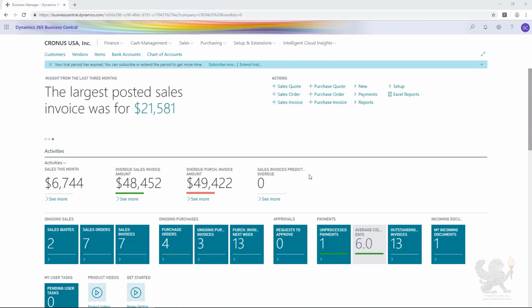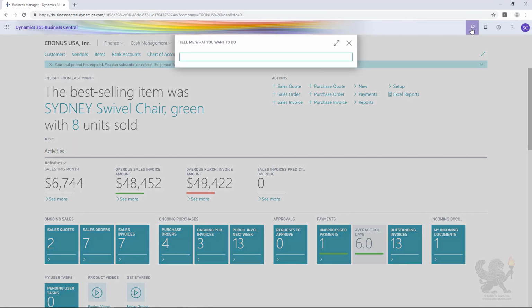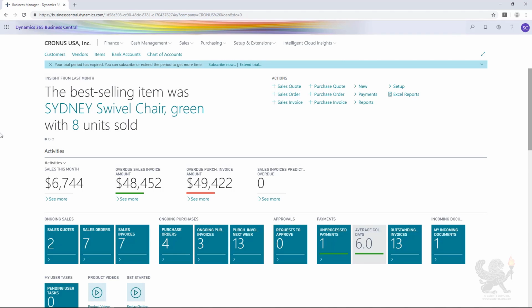If you are searching for data, like for instance a specific customer or a specific item, you should of course not use Tell Me. Tell Me is used for pages and reports and objects, let's say, while we are now looking for data. So if you want to find data, don't use Tell Me, but go to the list of the subject that